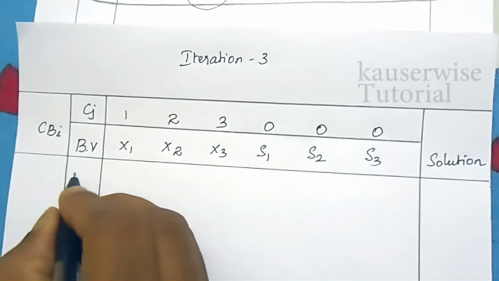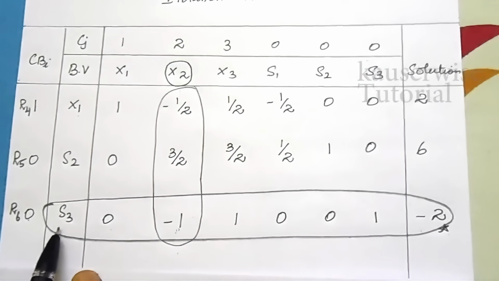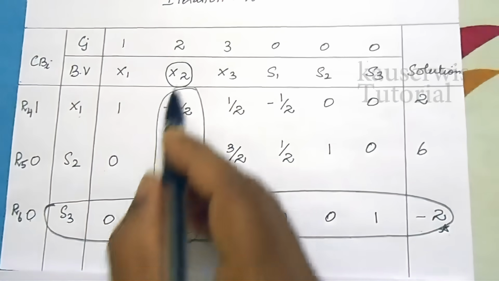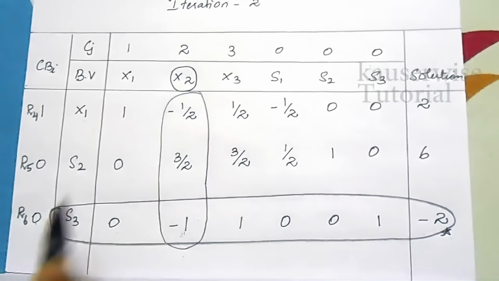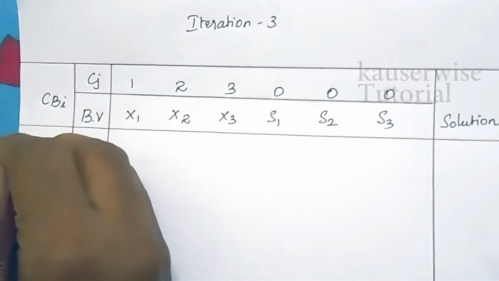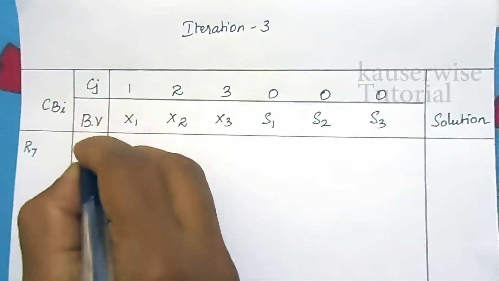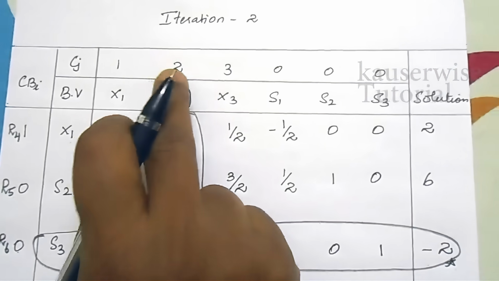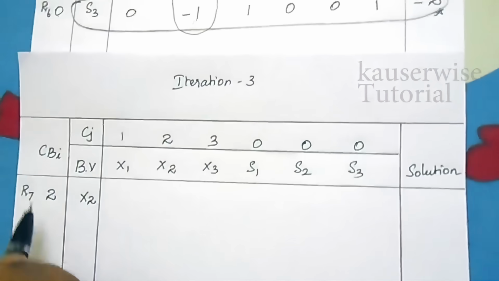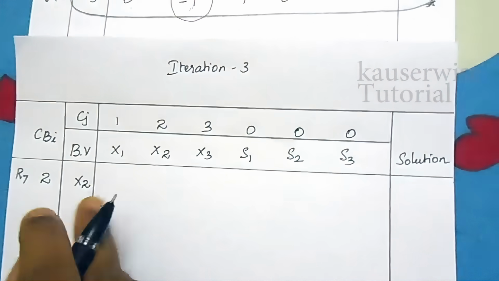In the third iteration, which one is the entering variable? Look at the second iteration. S3 is the leaving variable and x2 is the entering variable. So we have to write x2 instead of S3. This one is row 7. In row 7, the entering variable is x2. So the x2 value is 2, so in the CBI column, write 2. So 2 is the cost for x2. Now we have to fill the